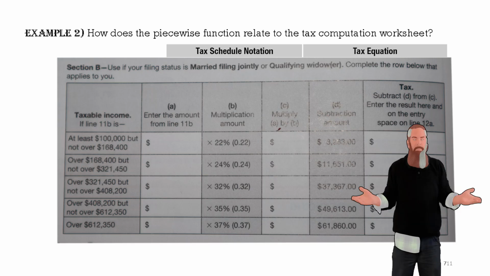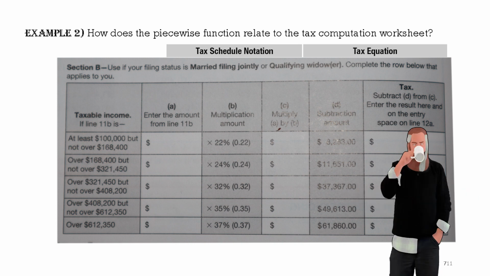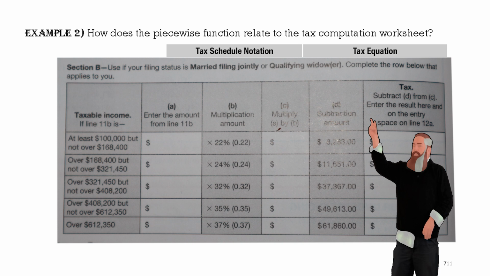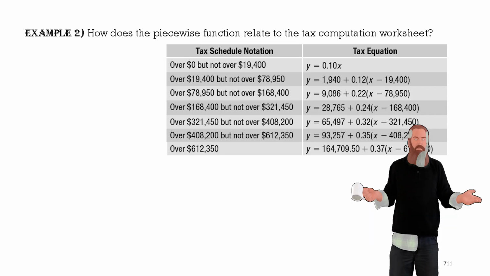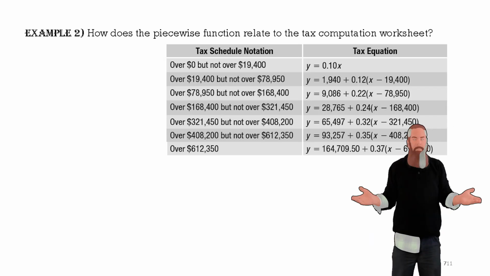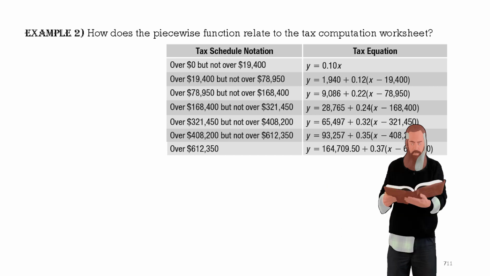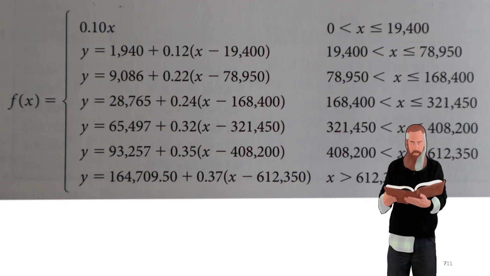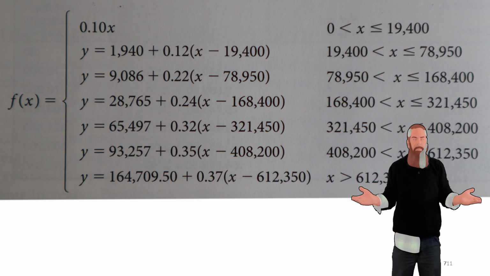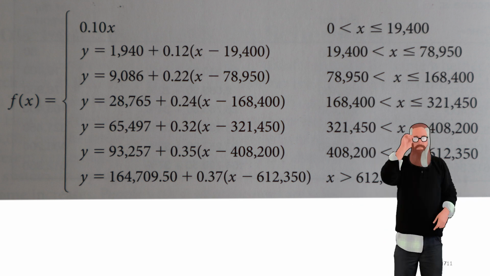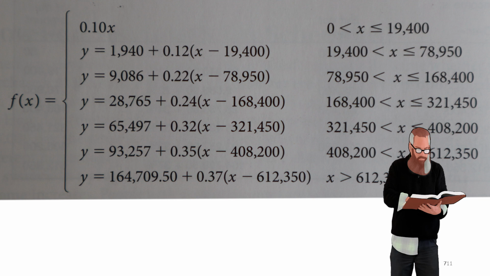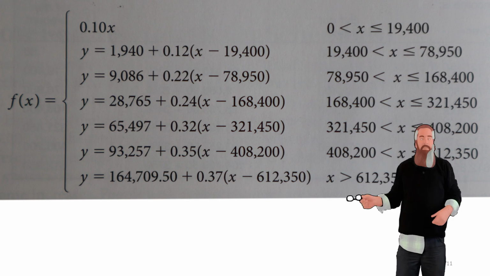Examine the Section B tax computation worksheet for married filing jointly. Although the numbers in column D appear to have no mathematical significance, they can be found by using the distributive property for each of the equations in the piecewise function. Looking at the incomes in the piecewise function before example 2, there are over $168,400 but not over $321,450 in the equation, which is